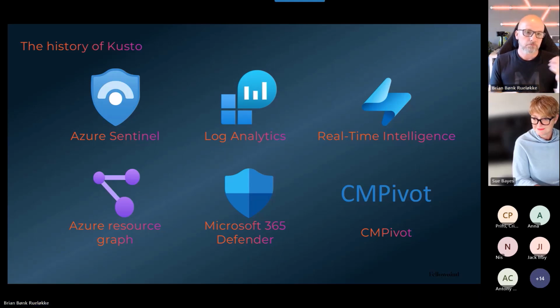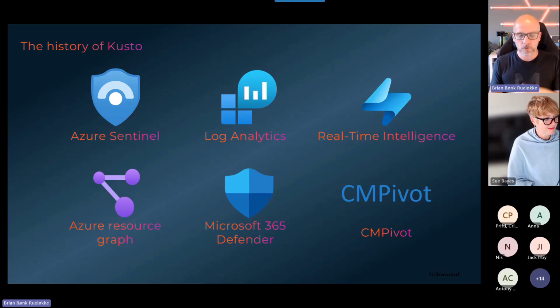And also know that Microsoft is its own largest client or consumer of the Kusto engine, which is supporting all of these services, because Microsoft is also using Log Analytics for internal logging. They are also using Microsoft Defender for internal defending from Azure and all that stuff. So the Kusto engine and the power there is used widely within Microsoft.